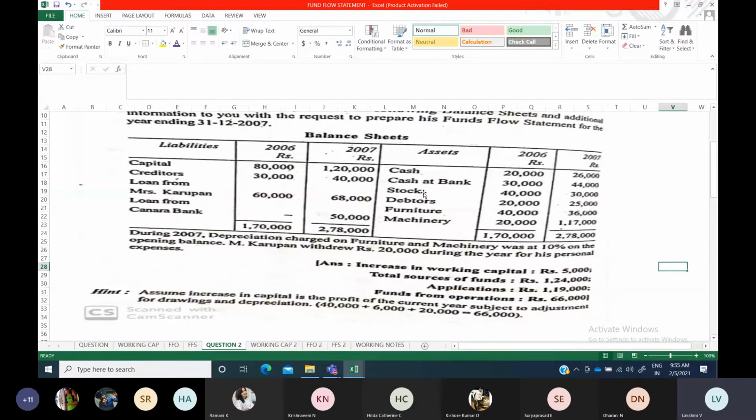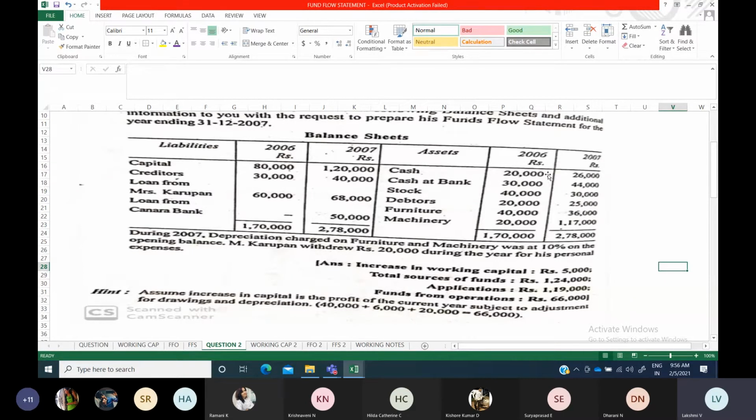And only stock and debtors you have to take. Okay, whether it has increased or decreased, accordingly you have to either add or subtract. That is the one thing. Furniture, machinery, all those things, as usual, will be taken based upon sale or purchase. So that you leave out. Okay, so what does cash at bank opening balance mean? I have taken this one to explain that. Opening balance means the one which is there at the beginning of the year, 2006-2007. This is known as opening balance. This is known as closing balance. That you should understand. Now opening balance means only this amount I have to take.